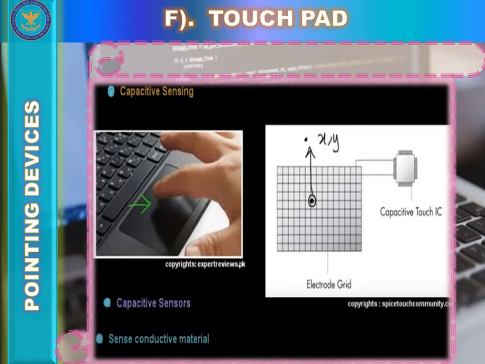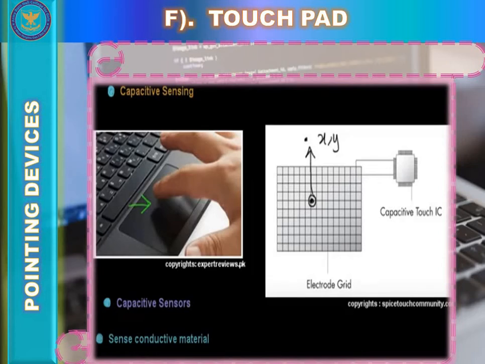Let's first of all talk about capacitive sensing. What is capacitive sensing? It is the technology which is most commonly used nowadays. Capacitive sensors detect anything which is conductive or has dielectric properties.